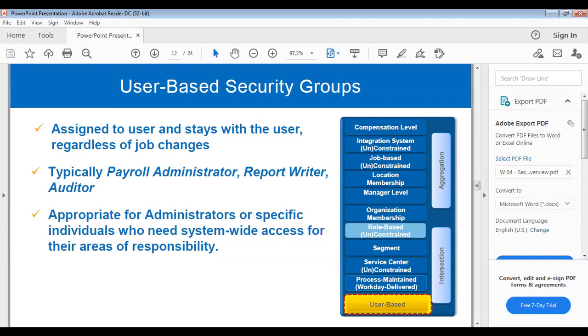My question is maybe not related to security, but the report writer is the one who can access a report, what exactly is that? Maybe I'm diverting the topic. We'll come to know that part when it comes to reports.